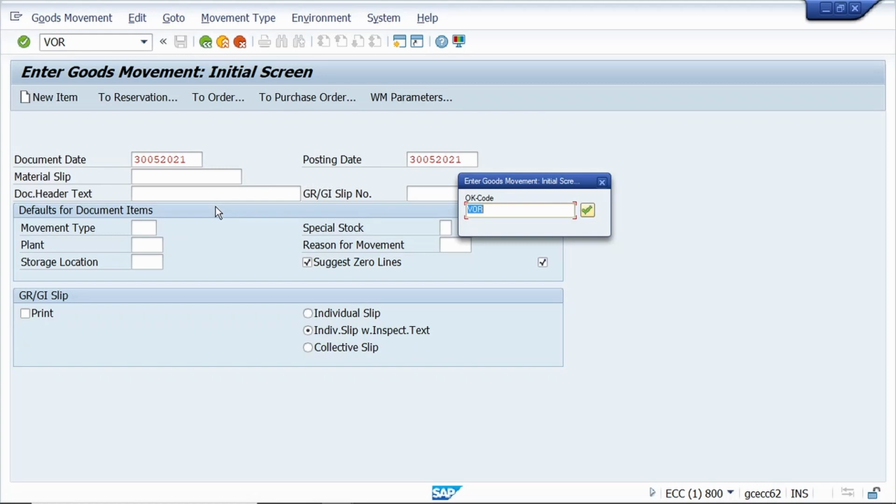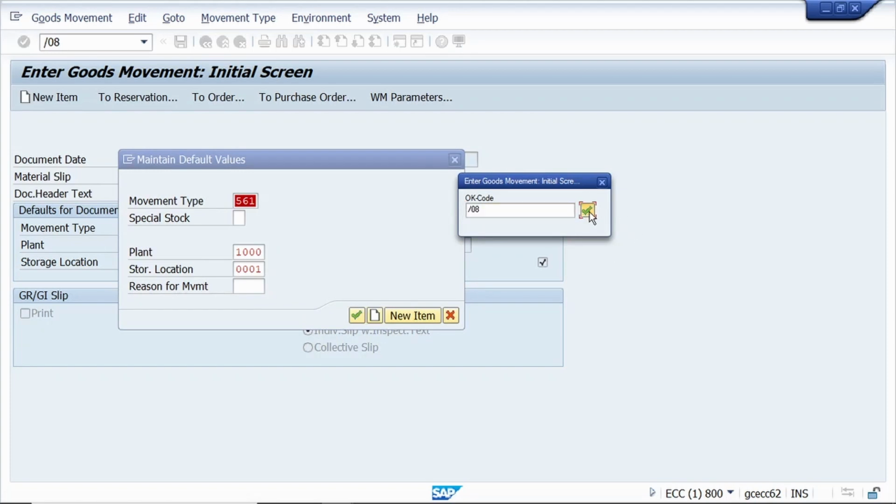If required, we can change. And note here, we can change the posting date and the document date only if we run the process in foreground mode. If we run the process in background or display only errors, it is not possible to change the document date and posting date. Just click on the continue button.